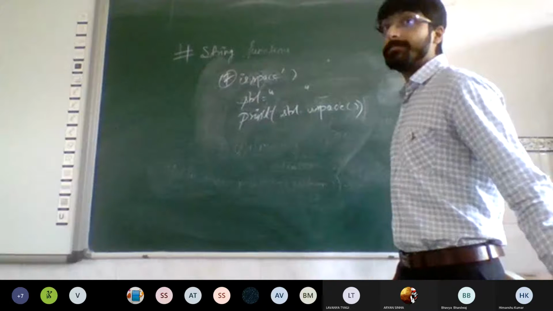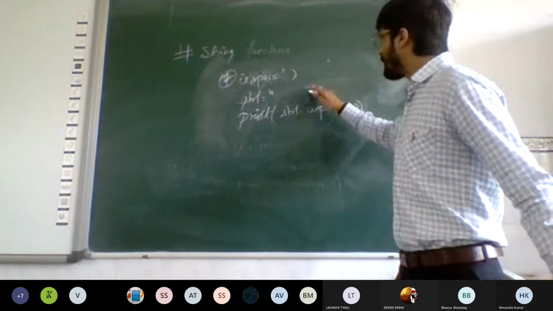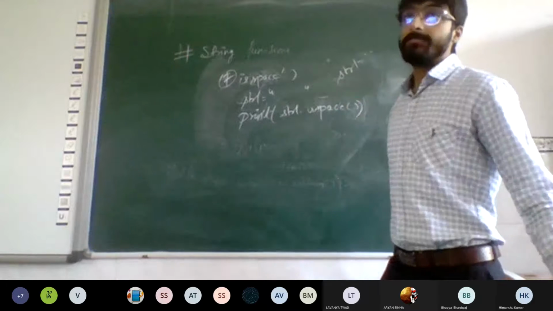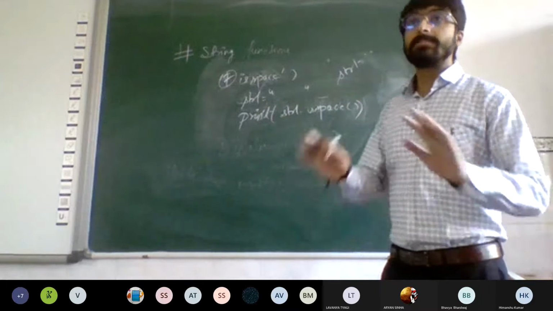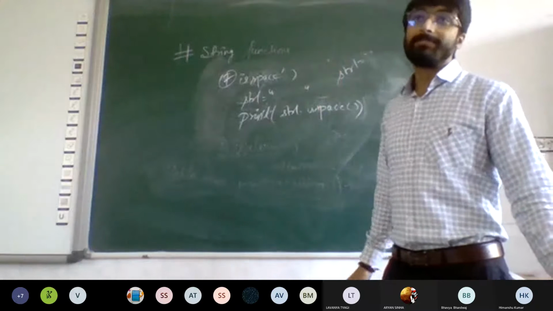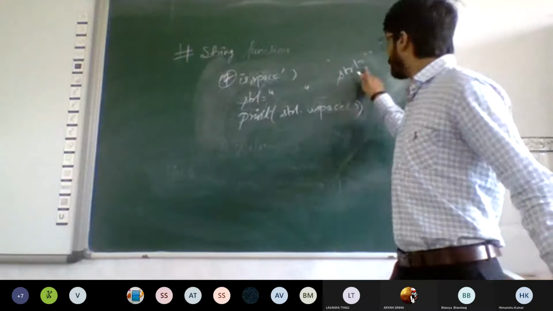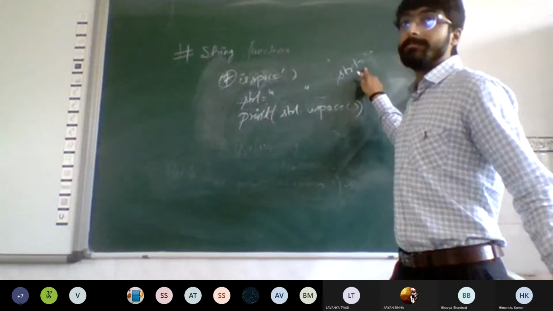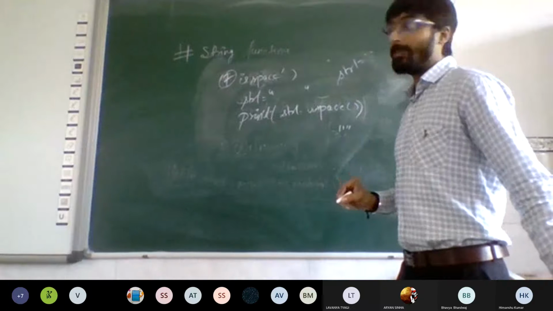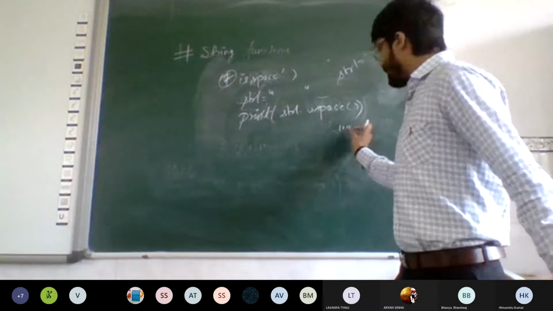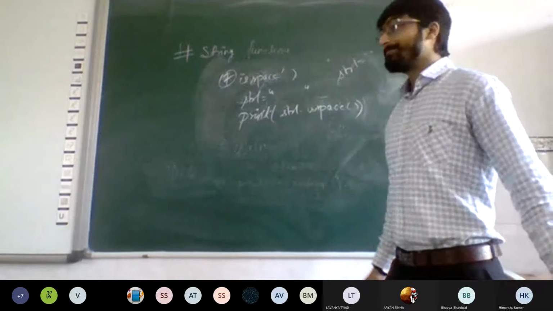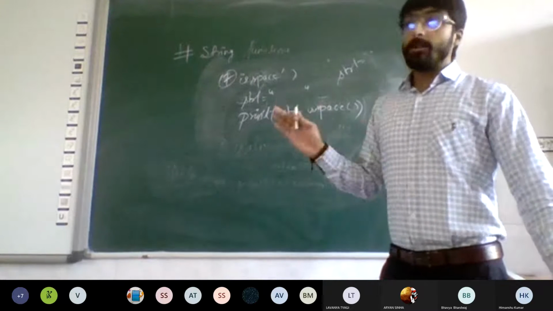So then what is an empty string? An empty string is simple. This is an empty string. There is nothing in that. Even there is no space in that. If I would have written like this, you'll get confused. So that is why I have written like this. Is it clear to all of you?